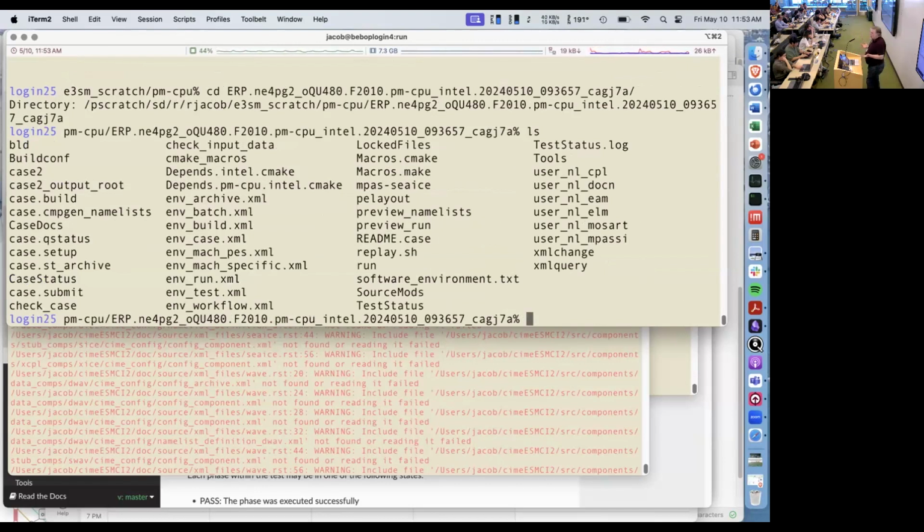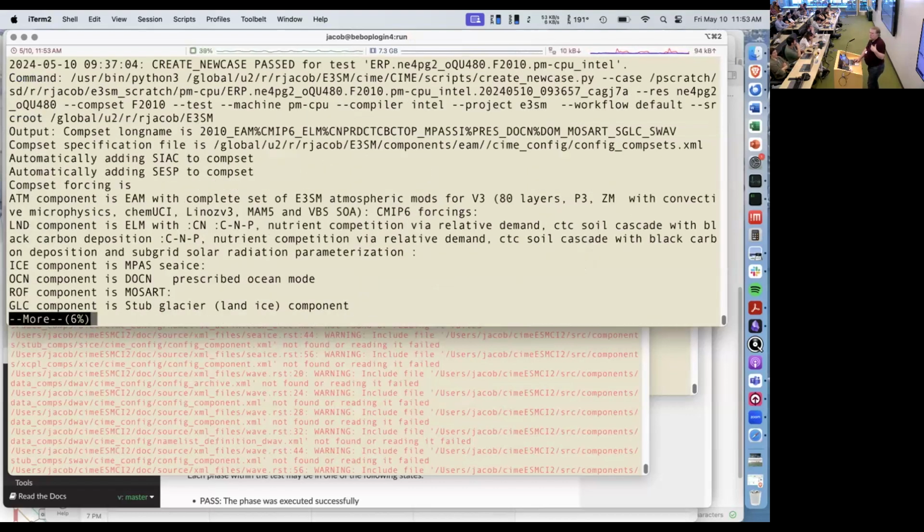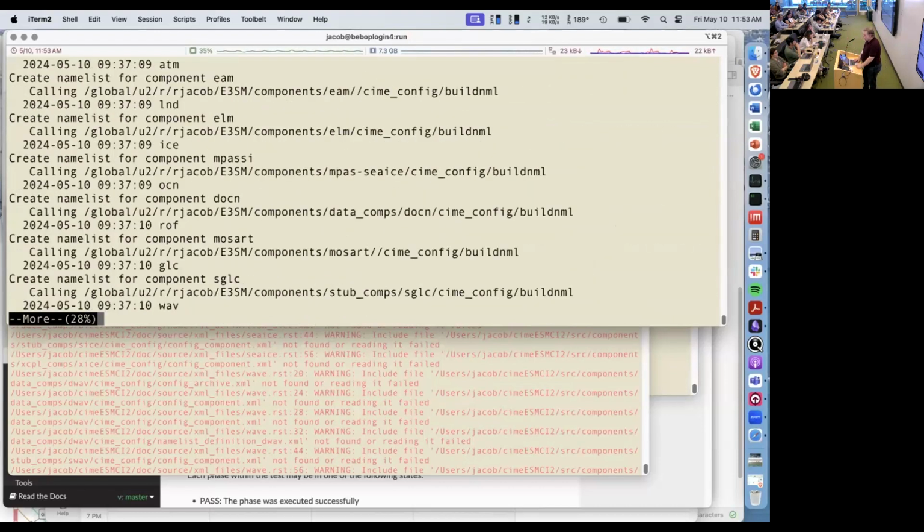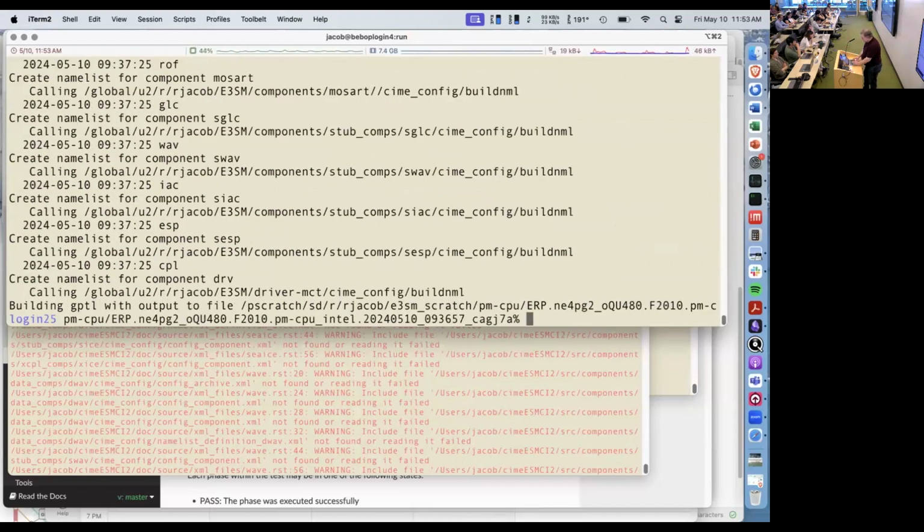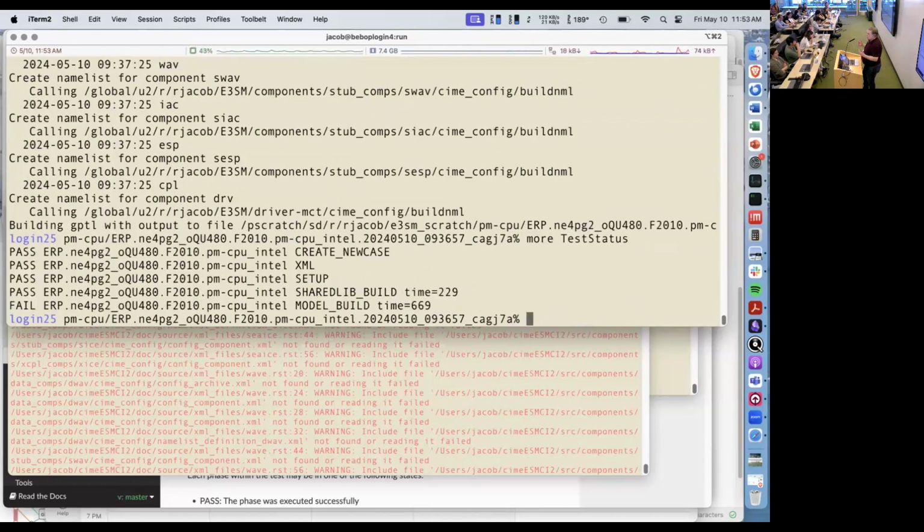In the directory, it looks like a case dir, and because it is a case directory, it's got some extra stuff in it, because it's running a test. It has a test status.log file, which is all the output of all the other scene commands that test made. Create test is calling under the hood case setup and case build and case submit, and the output from all those will appear in this test status.log file. And then it has a summary file, test status, which is just the pass fail status of each phase as it goes through the process of building and running.